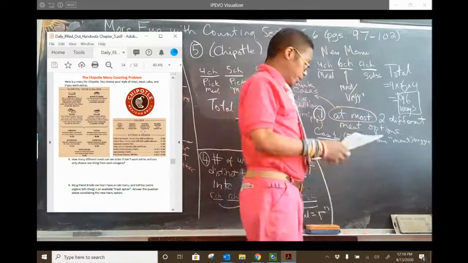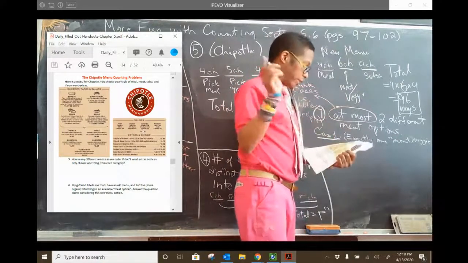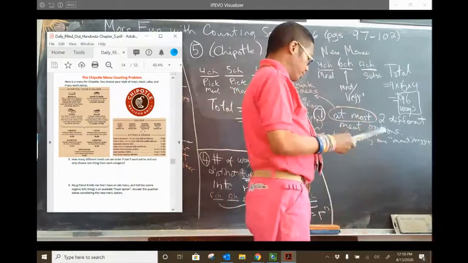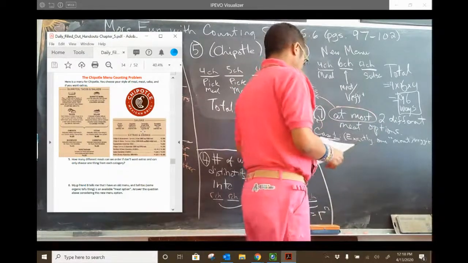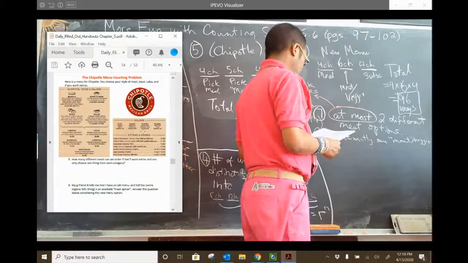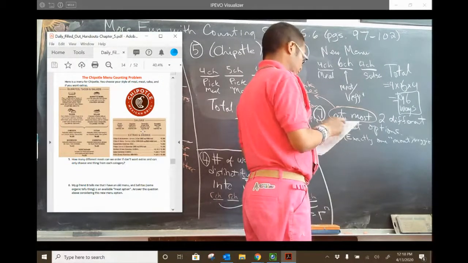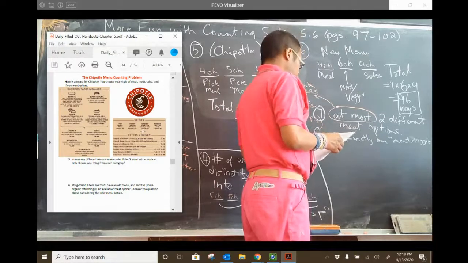There's 6 choices for your meat veggie, right? The chicken, steak, barbacoa, carnitas, vegetarian, and sofritas. So that's case 1. And if we do case 1, and only 1 salsa, right? Only 1 salsa and no extras. So if we have exactly 1 meat,